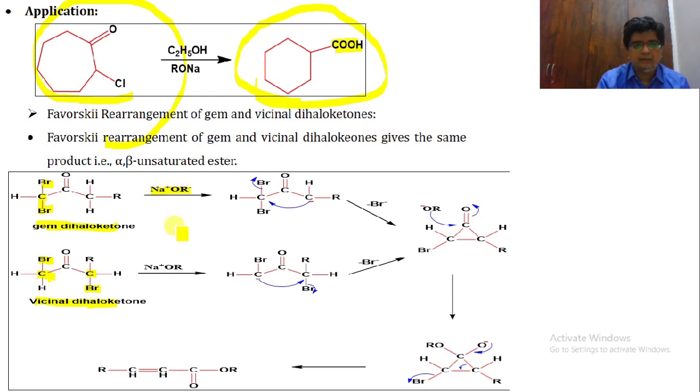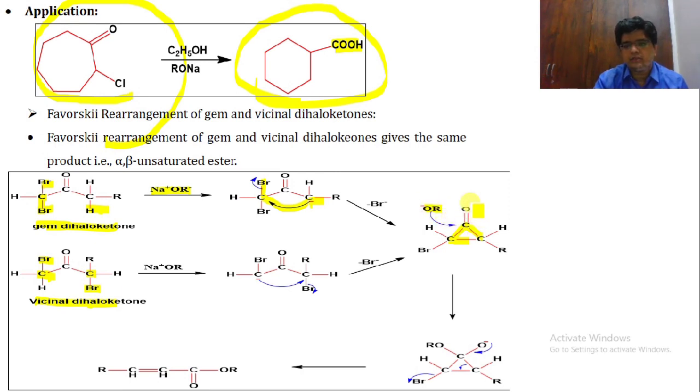Now when it is reacted with the base, what will happen? One of the protons will be removed, that is accepted by the base. So here we are generating a negative charge. Now this negative charge will attack towards the carbon. Why? Because as we know, this is a C-X bond, so X will pull the electron from the carbon. So now the carbon is having a positive charge. Now it will generate a 3-member transition state. So this is our 3-member transition state. Now what will happen? Here we are treating with the OR minus. Due to the mesomeric effect, this is having a positive charge, this is having a negative charge. This will attack over here.